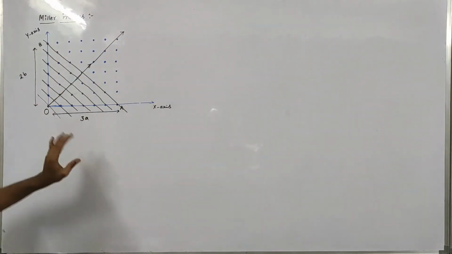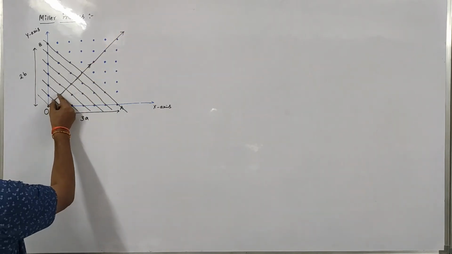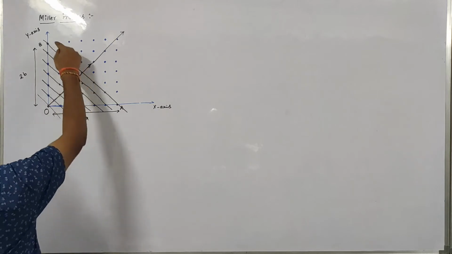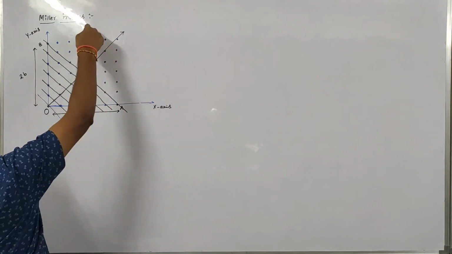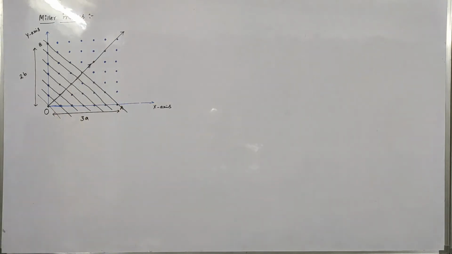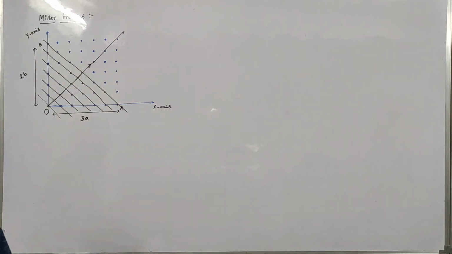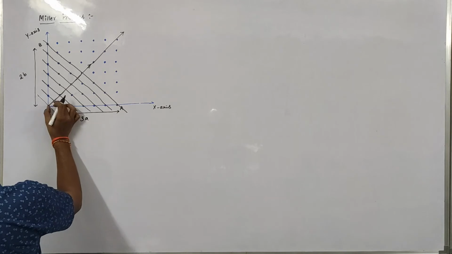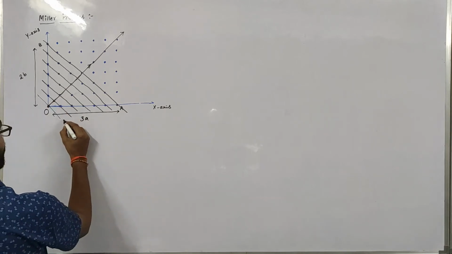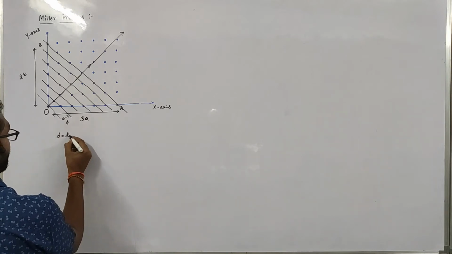Totally, how many stops can I make in this? 1, 2, 3, 4, 5, 6, 7, 8, 9, 10, 11, 12. So I can make 12 stops. But I am assuming up to this extent. I am taking only up to this extent, right? So can I call this, from here to here, as the distance between planes? Yes, yes. So I will call this as d, where d is nothing but distance between planes.